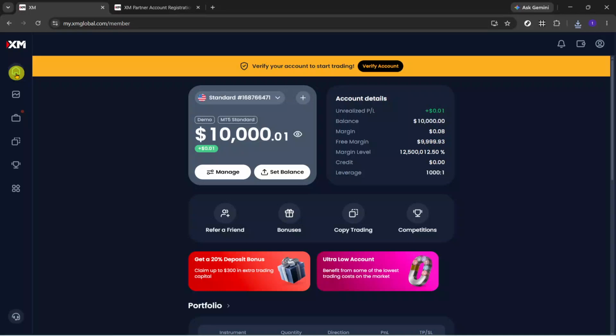Hello, today we will guide you through how to trade in XM using laptop. To begin, open XM on your laptop and make sure you are on the main member area or trading dashboard. Starting from the main platform view helps you navigate smoothly and makes it easier to find the trading tools you need. If the page takes a moment to load, give it a few seconds so all menus and panels appear